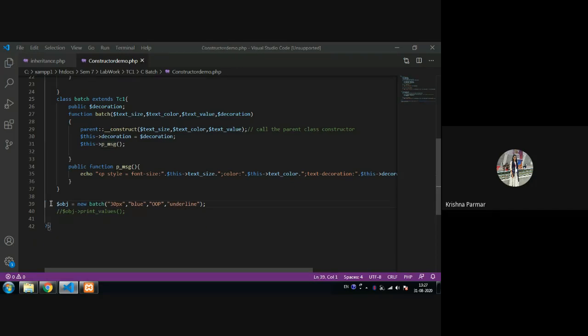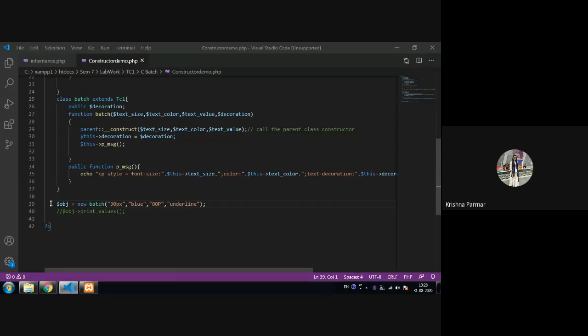But if we create the object of the child class, then can we call the parent class function or not? Using a child class object, can you access the parent class? Just relate it to real life. Child as you.